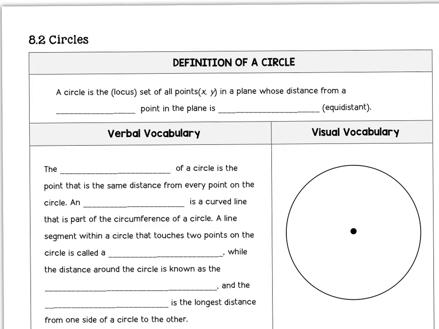This is 8.2, circles. A circle is the set of points in a plane whose distance from a fixed point in the plane is constant. So this one would be fixed, and constant goes here. The set of points is also called a locus, as you can tell, and if it's equidistant from the same point, the center